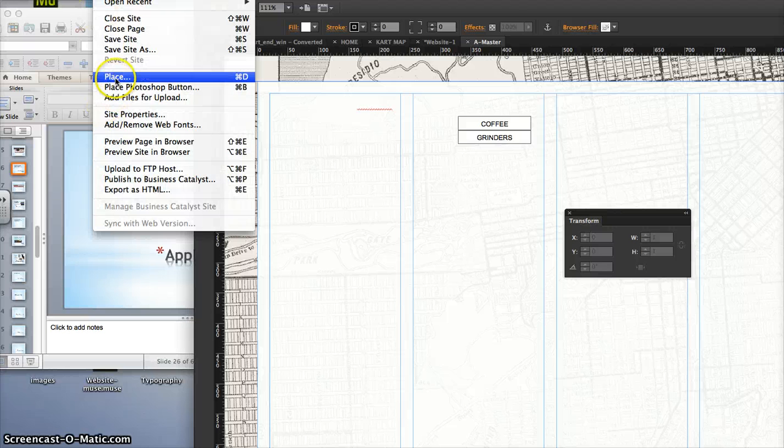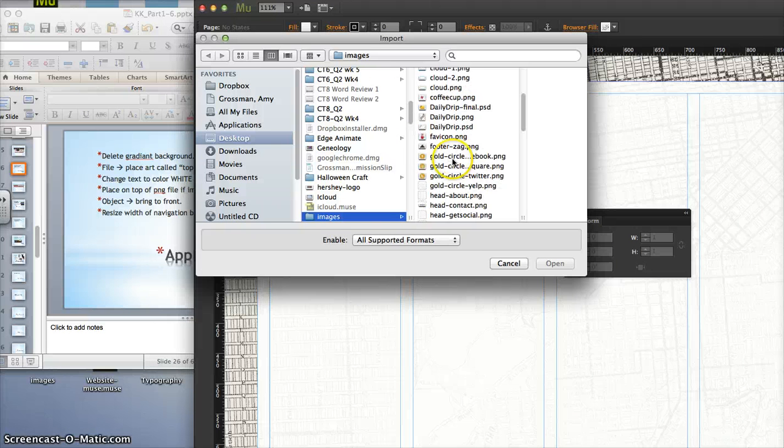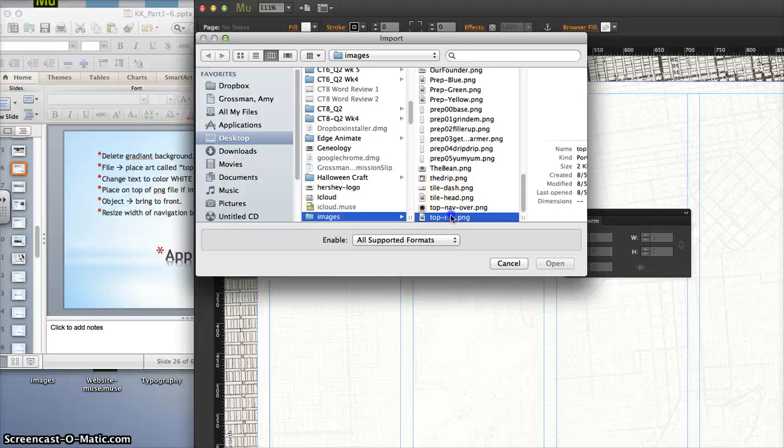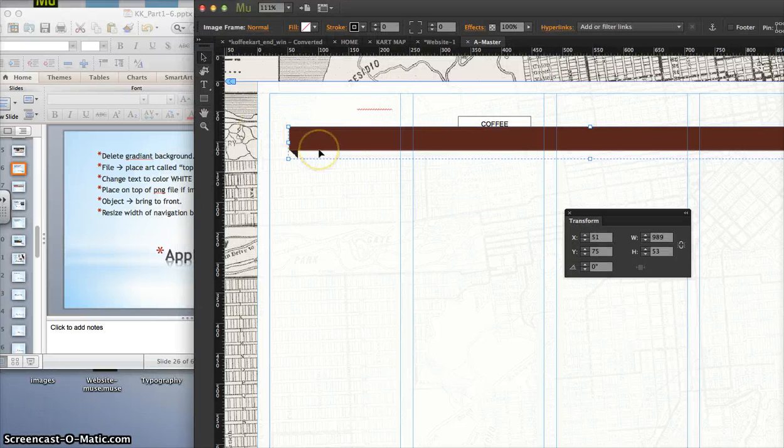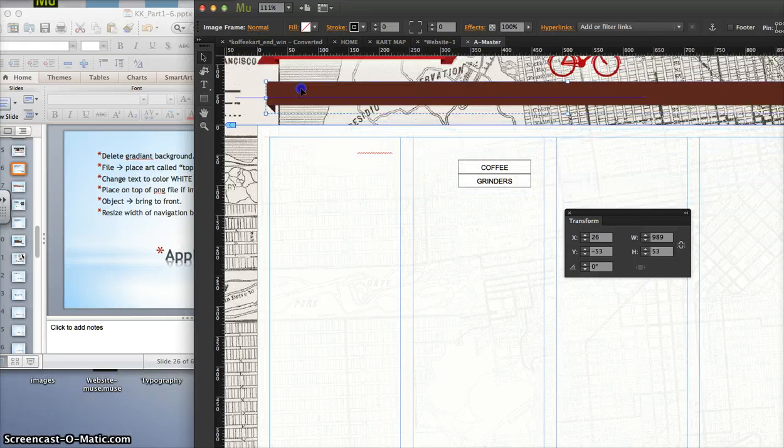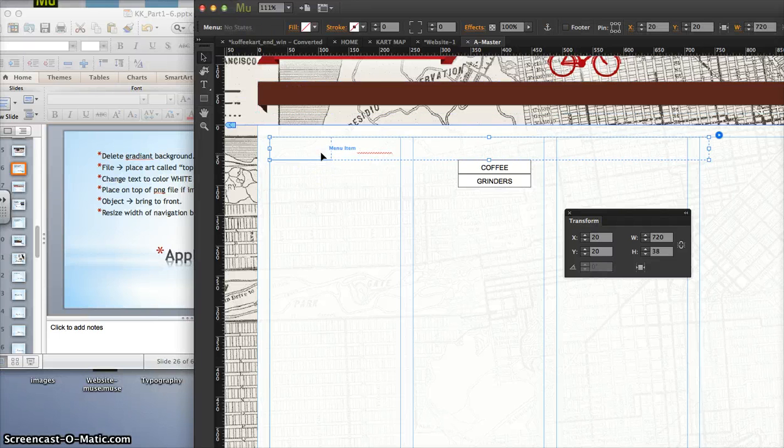So file, place, and it is called top nav ping. It's just a brown piece of artwork. I'm going to click, put that brown piece of artwork in. It's a ping file, so it comes in with no background. I'm going to place it up here. And I'm going to take my text, and I'm going to bring it on top. Now if I can't see it like